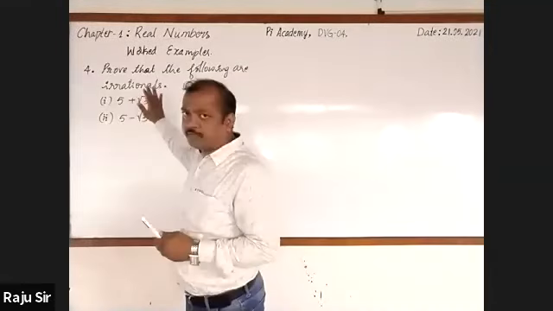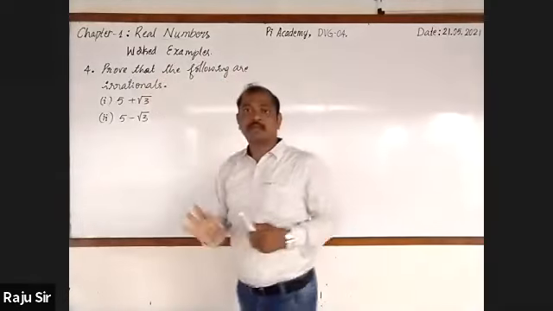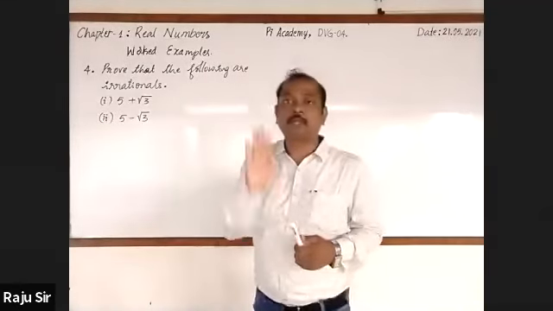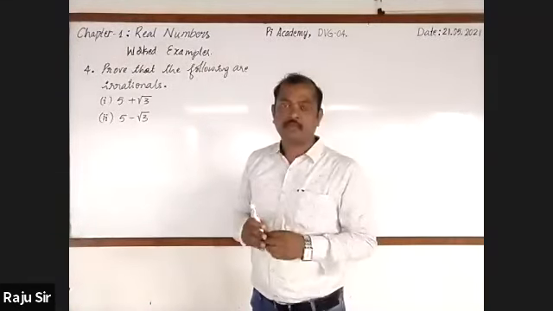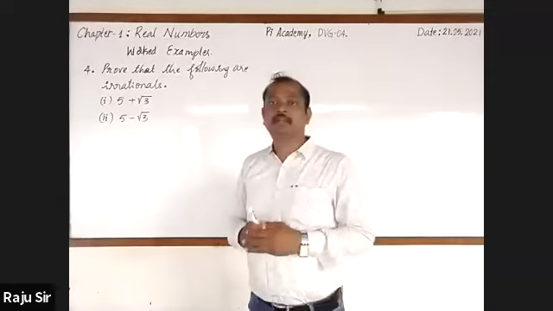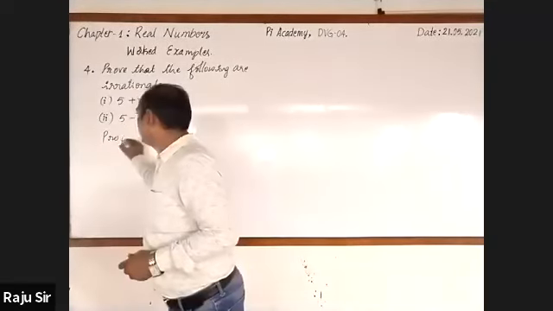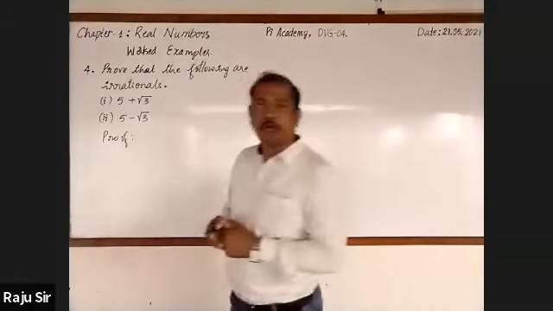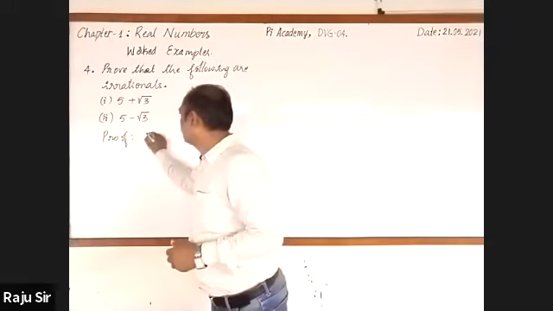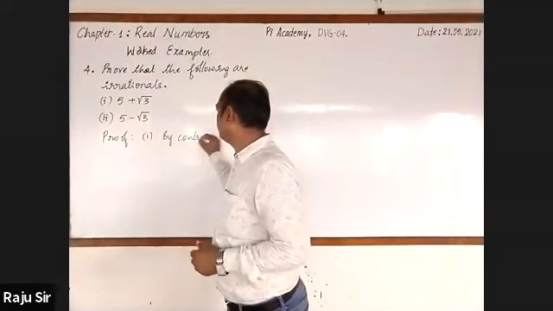First one, of course, both are irrational only. We have given irrational numbers only, but we have to prove them as irrational numbers. For proving, we follow a method called contradictory method. Yes, I'll just go for explaining it. Prove. I'll take first one by contradictory method.